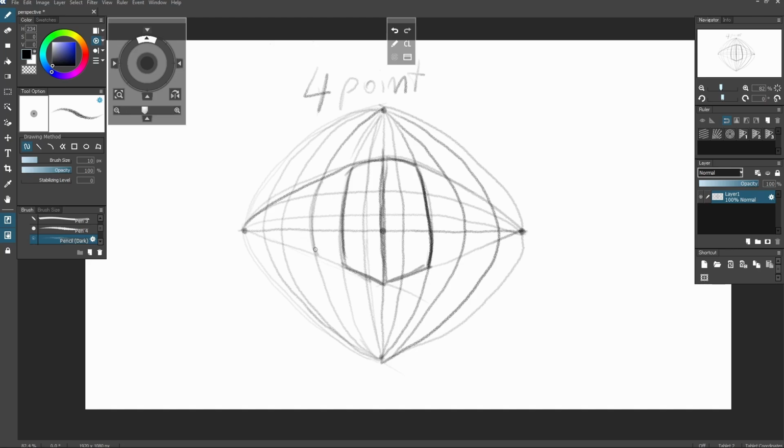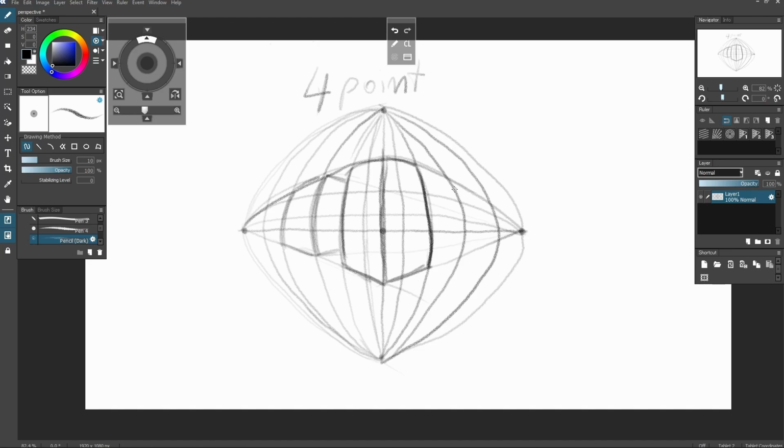And now, personally, I don't really use 4-point perspective that often because it is pretty hard to follow every single rule from 4-point perspective after. So I mainly stop at 3-point perspective, but if you, for example, want to still learn, then feel free to extend your abilities further. So